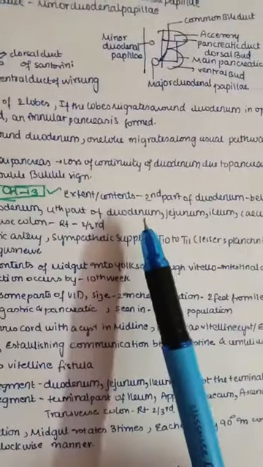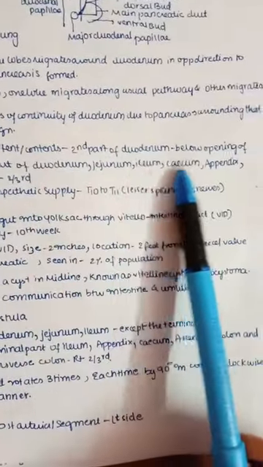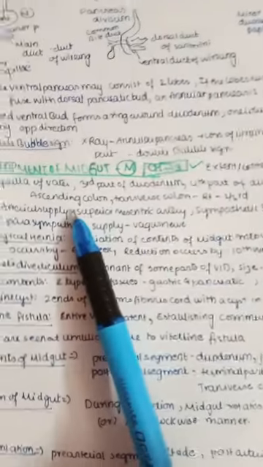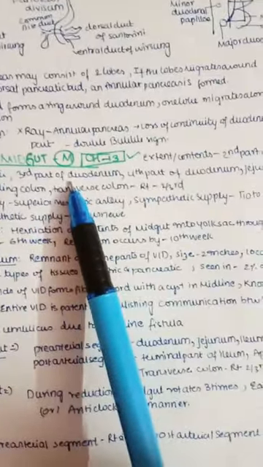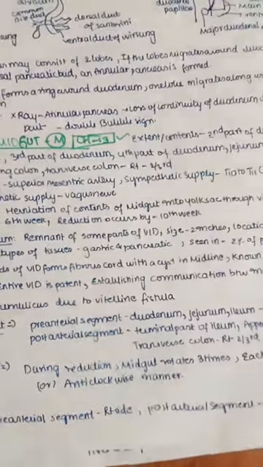Now we'll start the development of the midgut, as we have completed the foregut. The midgut contents are mainly the second part of the duodenum below the opening of the ampulla of Vater, and also the third part of the duodenum, fourth part of the duodenum, jejunum, ileum, cecum, appendix, ascending colon, and transverse colon up to the right two-thirds part. The left part of the transverse colon and the rest form the hindgut.